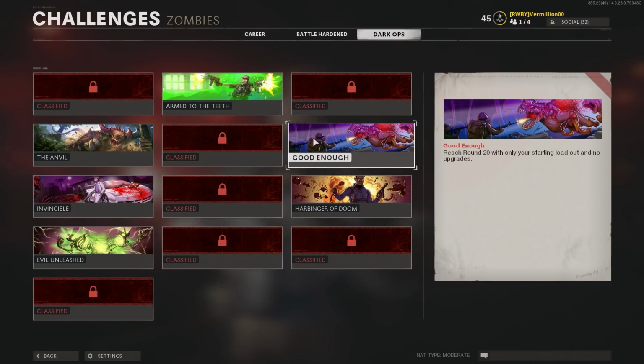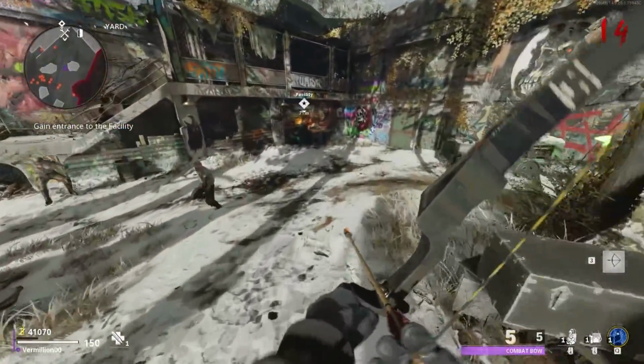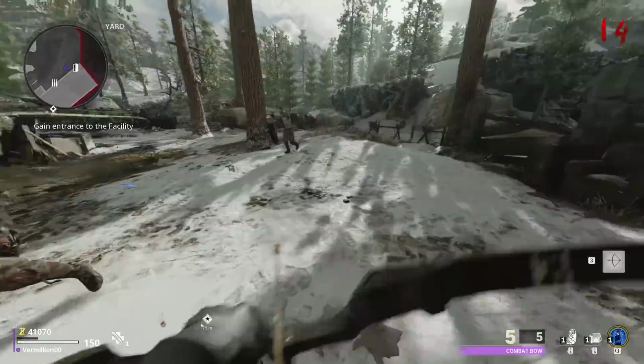Moving on to Good Enough. This one is challenging in the sense that you cannot purchase any upgrades whatsoever, and you must use the spawn loadout. Here's the strat that I ran for this. First, get prepped with Ether Shroud in case you get trapped in a corner or have to use it against the Megaton zombies. Bring in whatever weapon you're comfortable with, as you will primarily be killing zombies with equipment and